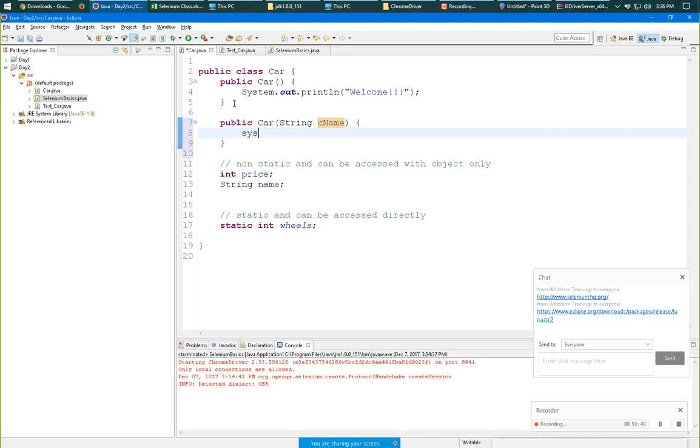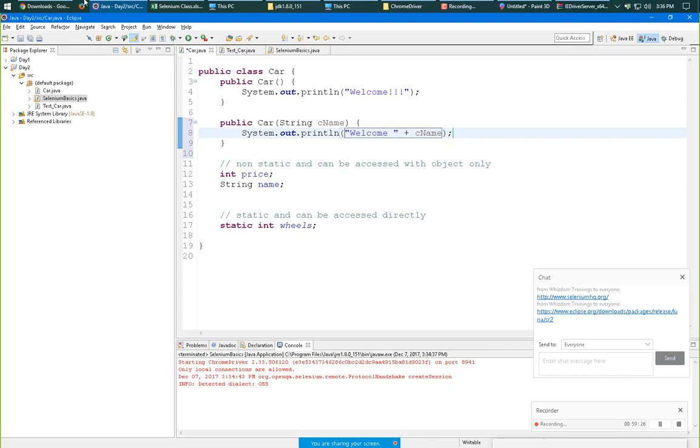Now what we can do here is welcome, say cname. This is the way to concatenate things in Java, and in almost every programming language.